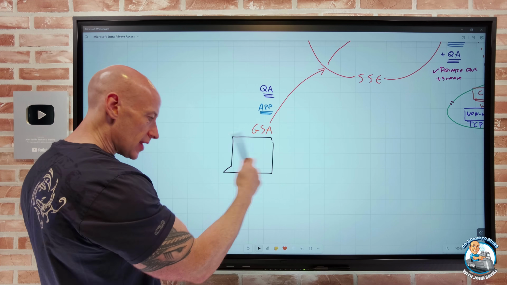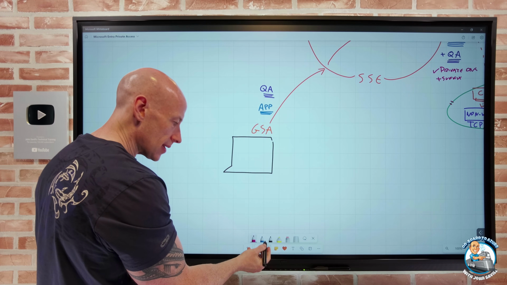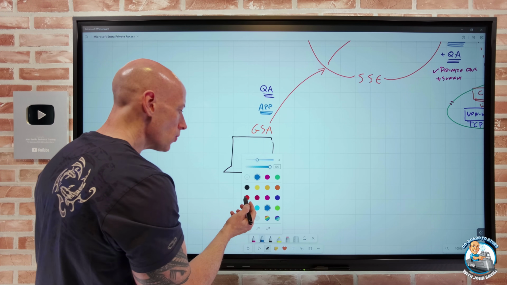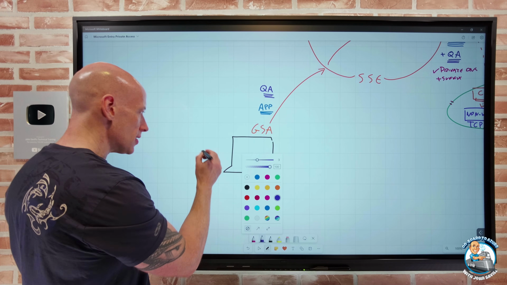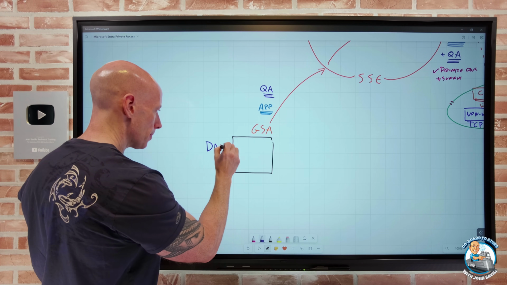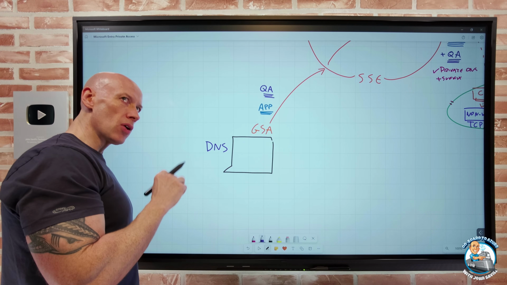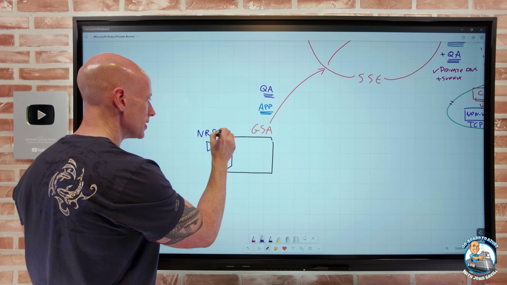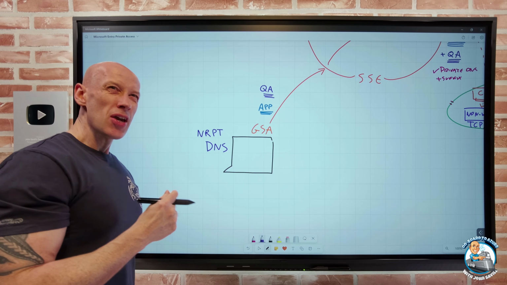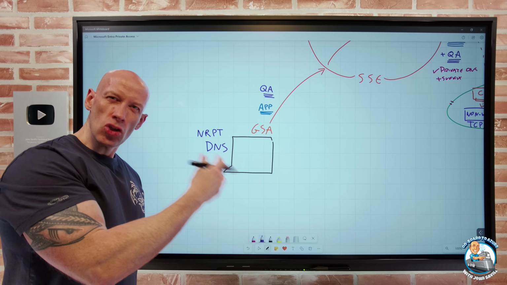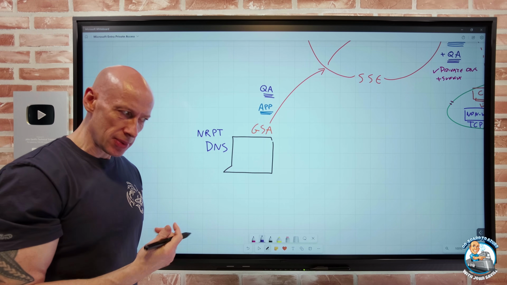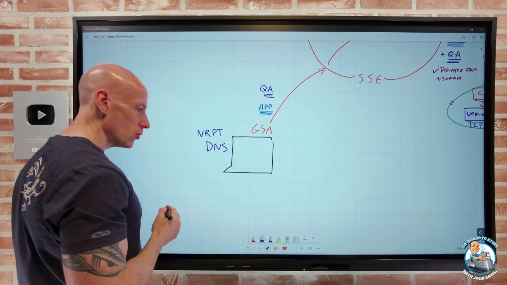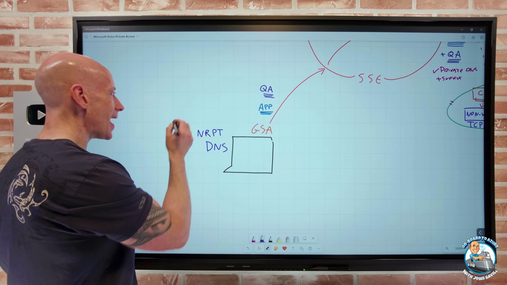Now, if I think of this client and its operating system, it has configurations. So I can think that I have my DNS service running on this machine. Now for Windows, if I want to modify the behavior of DNS, we have the concept of a name resolution policy. We have a name resolution policy table. If you've ever played with DNSSEC, you would have done configurations, say, hey, this zone needs to be encrypted, etc., etc. But what it's done now is, as part of this name resolution policy table, it's added,